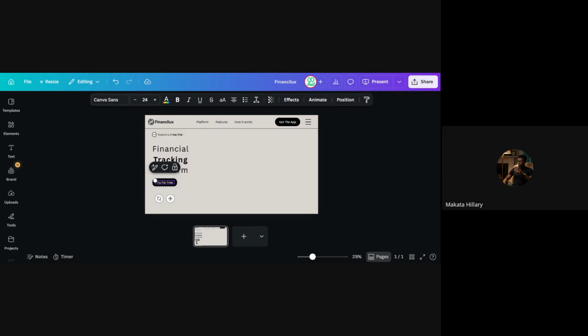Now see the importance of using a unified font size. I changed the write-up, but it didn't fall off the button. The "Try for free" didn't fall off because the font is the same. But if I had a different font here, let's say a bigger font, you see what's happening. It's going to mess up the work. So that's why you have